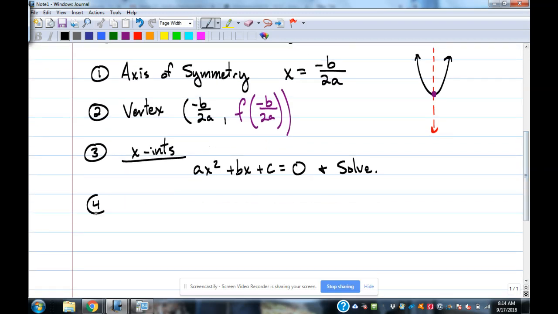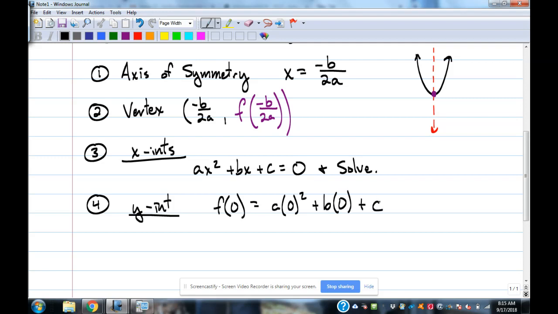Fourth thing, the y-intercept. Plug a 0 in for x. No matter what equation we deal with, when we get to higher degree polynomials next week, we're going to be talking about finding the y-intercept of those. No matter what kind of function you're dealing with, to find the y-intercept, put a 0 in for x and you got it. If I plug a 0 in for x here on a standard form problem,